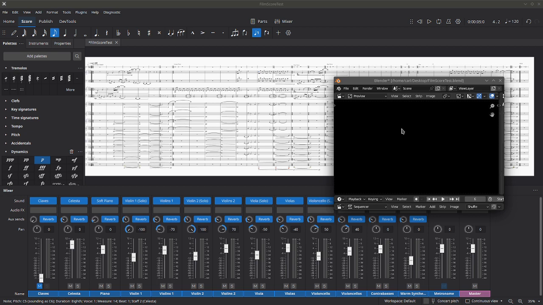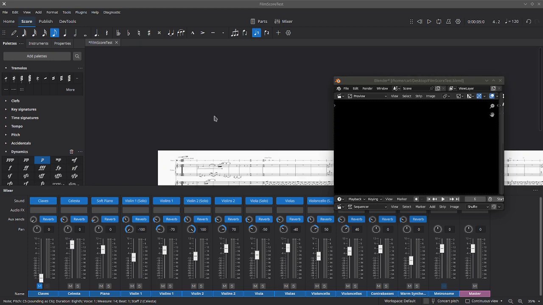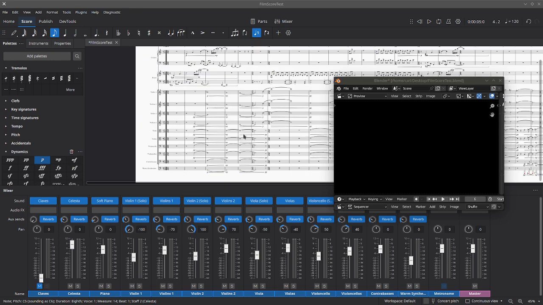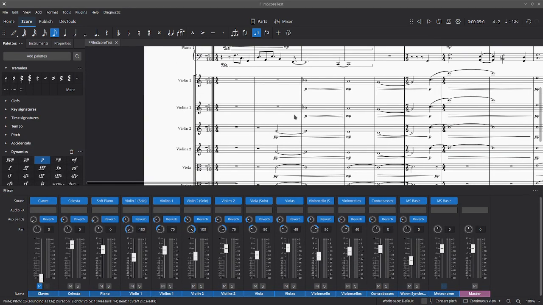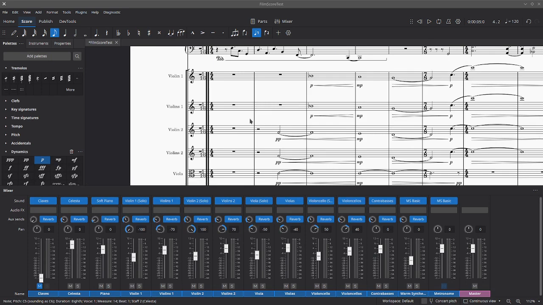So with this enabled, here's what I've been able to do. And I'm just going to demonstrate a little bit of what I found. The first thing I want to point out is that there seems to be about a 250 millisecond delay in Musescore's playback. It is a static delay. And what that means is that if you create an offset of approximately 250 milliseconds at the beginning of the track, and I did this with a 1/16 bar at 120,